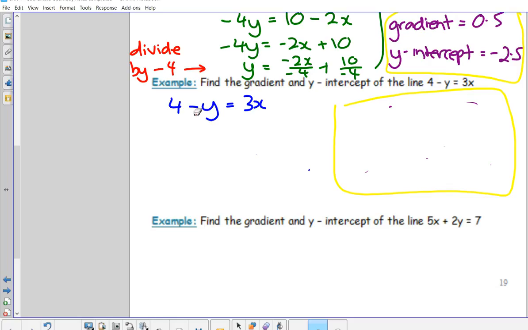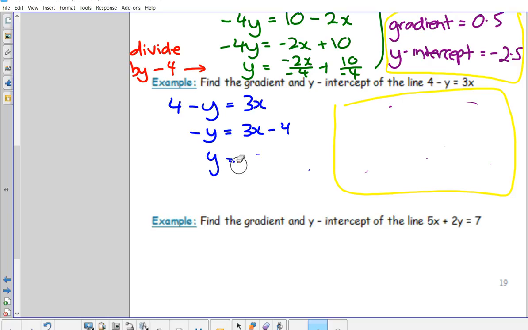And then you want to get y by itself, but to begin with, maybe you want to subtract 4 from both sides. So if you subtract 4 from this side, you're just left with negative y. Subtract 4 from this side, you're left with 3x minus 4. And then this is like saying negative 1y, isn't it? So to get y by itself, we need to divide both sides by negative 1. So negative y divided by negative 1,